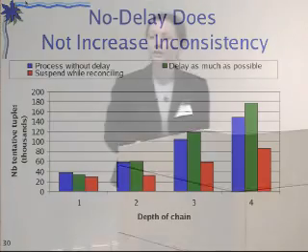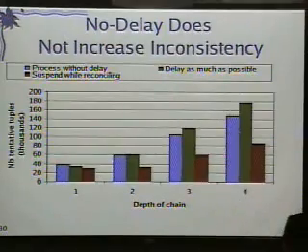So let's look at the number of tentative tuples that the application sees. In this graph, on the x-axis, once again, we have the depth of the chain. On the y-axis this time, we have the number of tentative tuples measured at the output of the whole chain. As you can see, for 1 node, indeed, delaying processing tentative tuples does lead to fewer tentative tuples on the output. However, what is interesting is that as we increase the depth of the chain, not only do we not gain in terms of consistency, but delaying can actually hurt our results. We actually produce more tentative tuples.